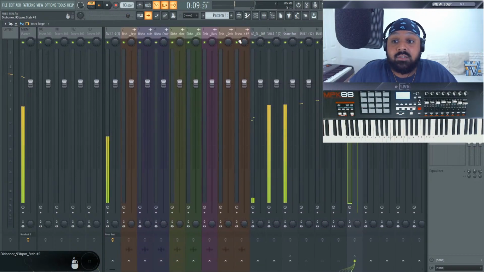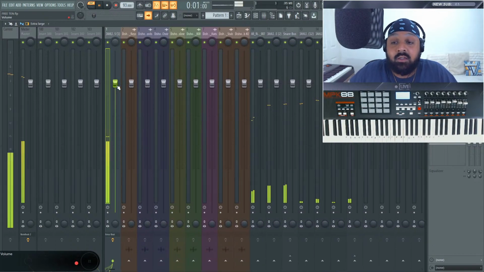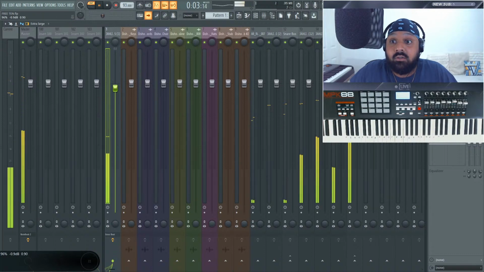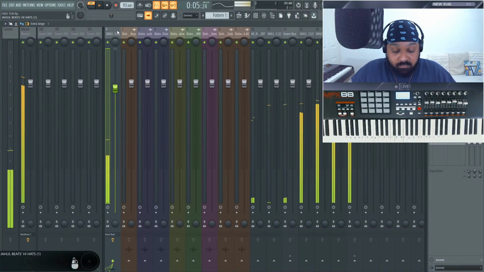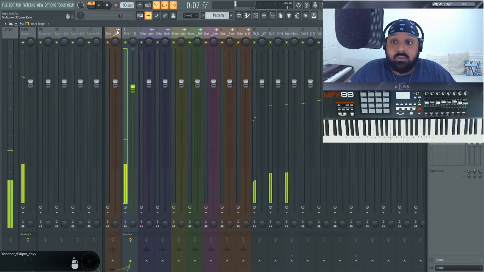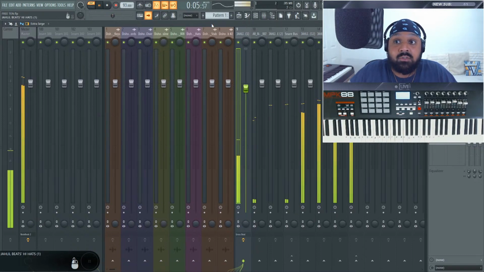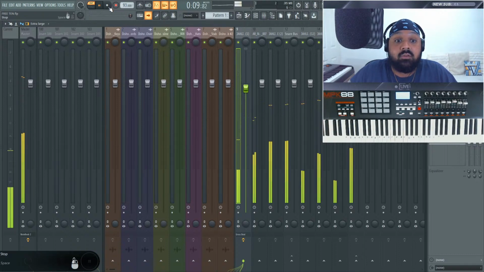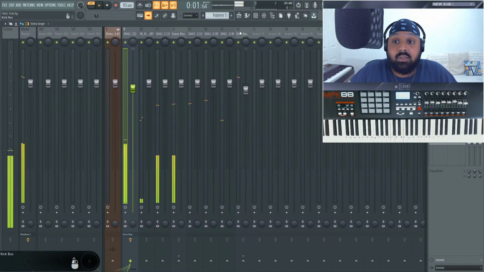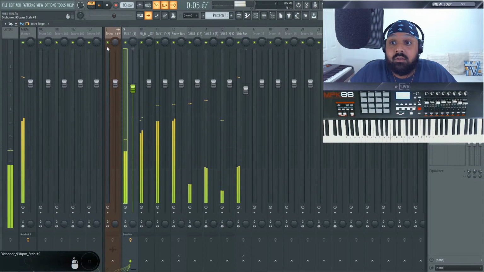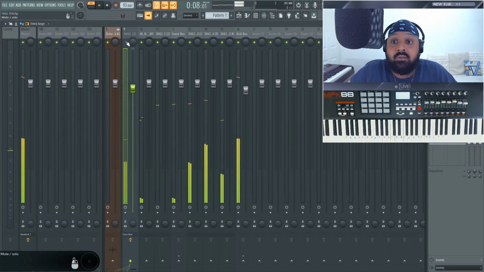I just need to find the snare. Oh yeah, so I've got the snare here, hi-hat, sorry. And if I want to put them together, hold Alt and then move the channel over, and that's separated my sounds. There you go, you can see that better. And then if you want to mute anything again,